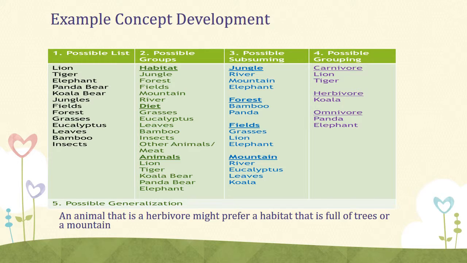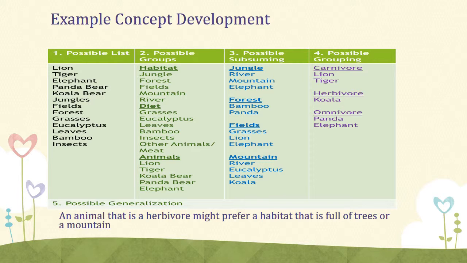Start out maybe with a possible scenario of a jungle. Ask people to list every possible thing that they would think of or see in a jungle. Lions, tigers, elephants, bears. So put all that down, brainstorm, and then come up with possible groups that you could put them under. And then after that, you want to take a look at subsuming and put those in